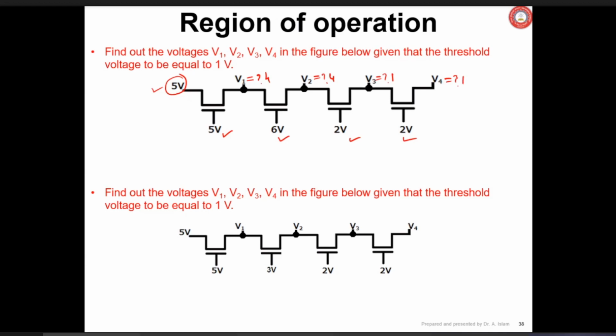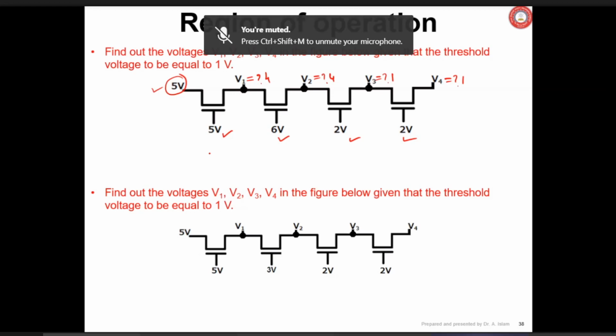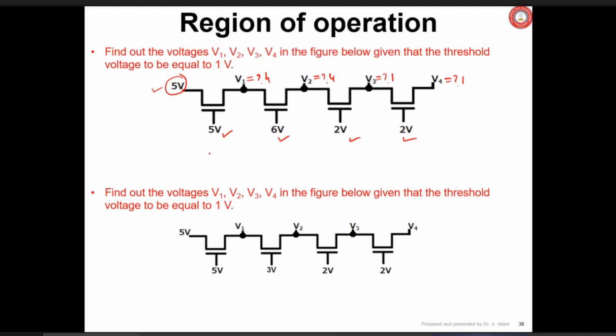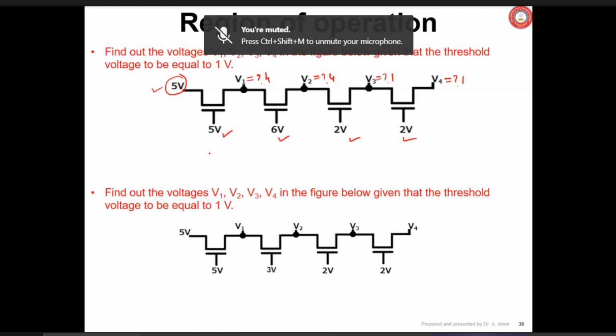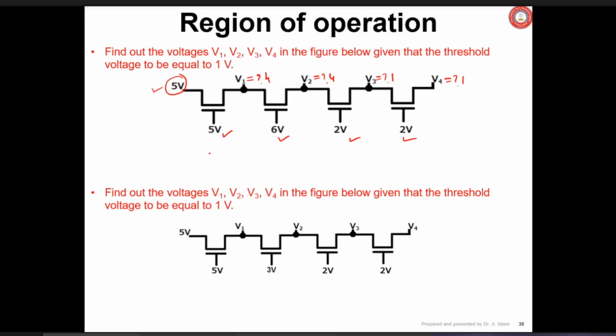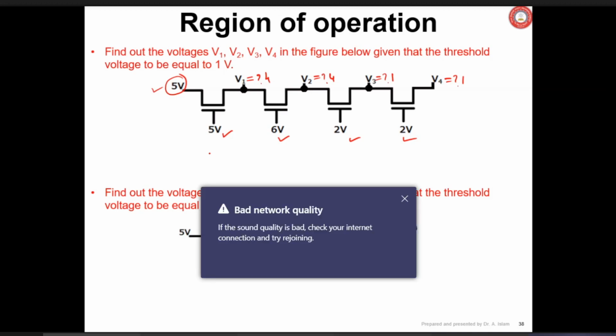Now, what is the basis on which you have said that? Can you explain? Sir, I actually searched. So I got that if VD is less than VG minus VT... if VD is greater or equal to VG minus VT, it is 1 volt here for all the MOS.